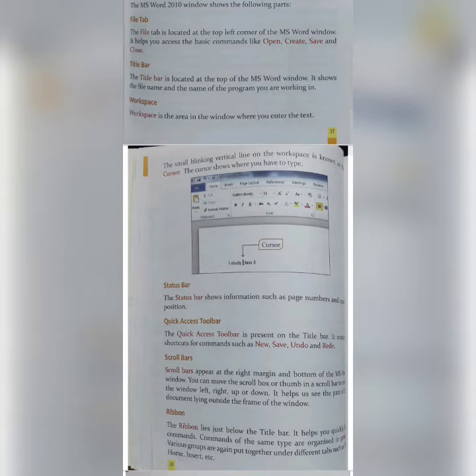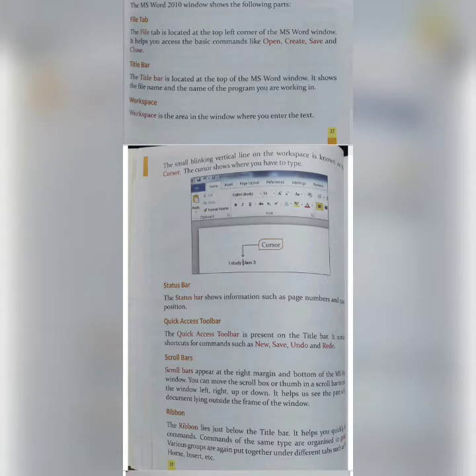Then the quick access toolbar. The quick access toolbar is present on the title bar. It contains shortcuts for commands such as new, save, undo, and redo. So the quick access toolbar is a handy tool which helps you use shortcuts for commands such as starting a new document, saving the document, and undo.